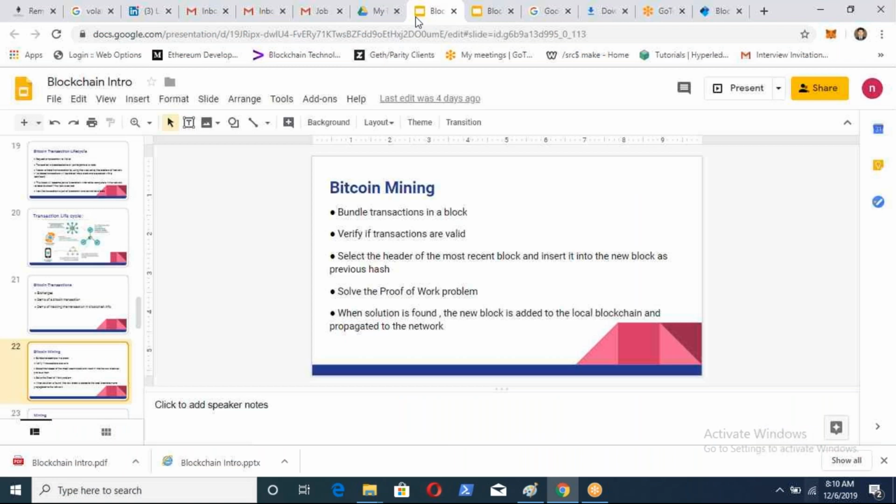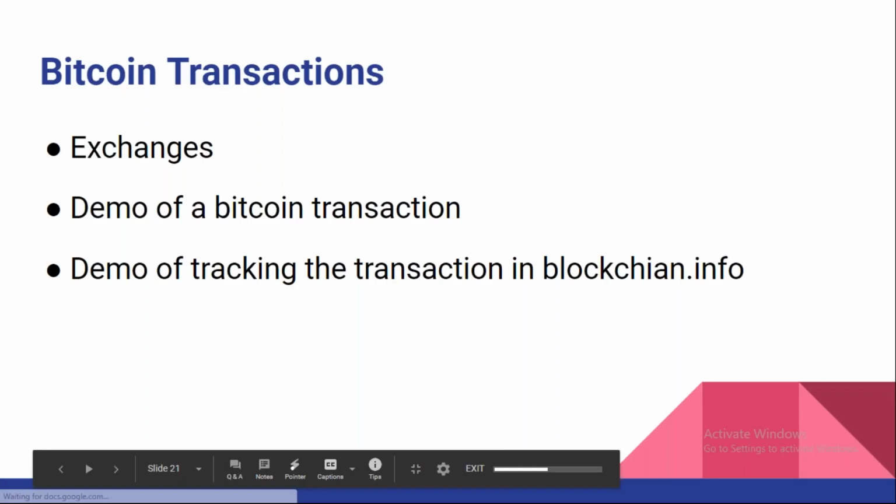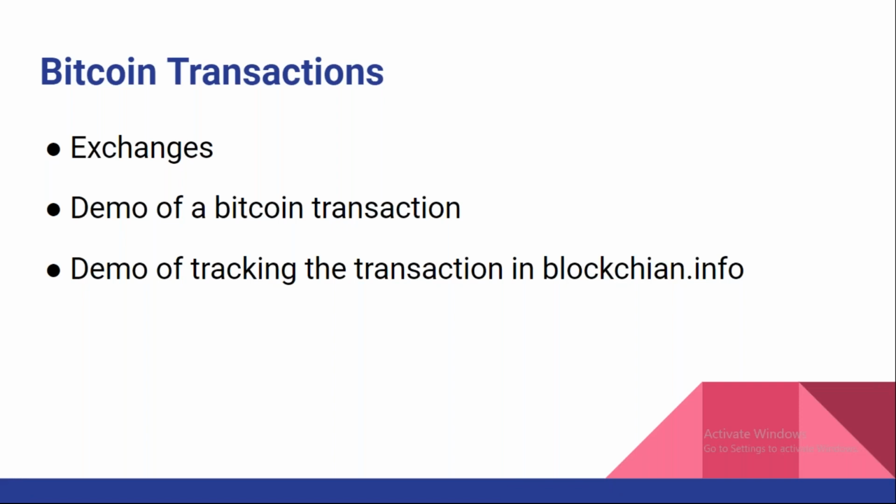Okay, so for the Bitcoin transaction, I will show you later, because for that I have to open my exchange account and all this. One day I will open it and show you. So this is the tracking of how the blocks are created one by one, and that is happening. We cannot stop it, right? It's a default process, it's going on.